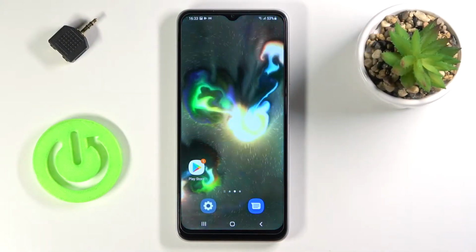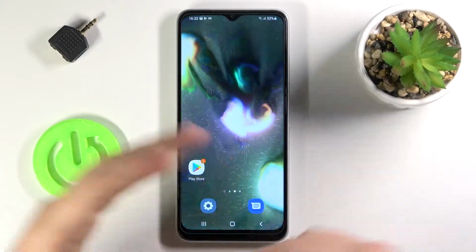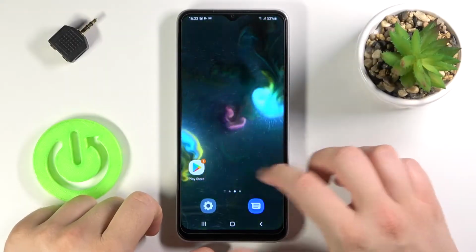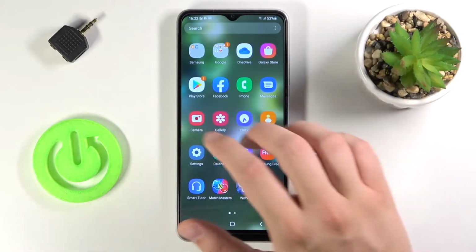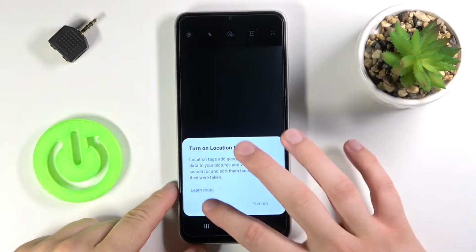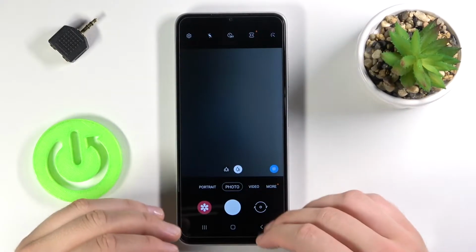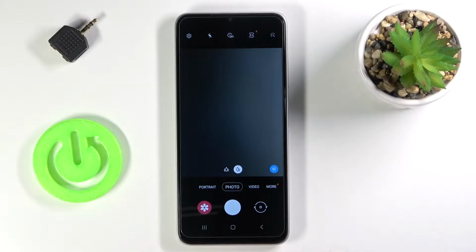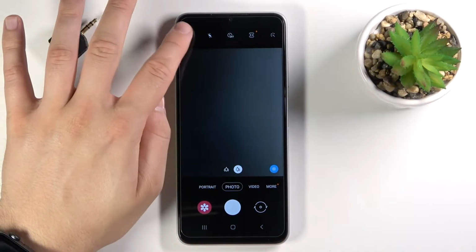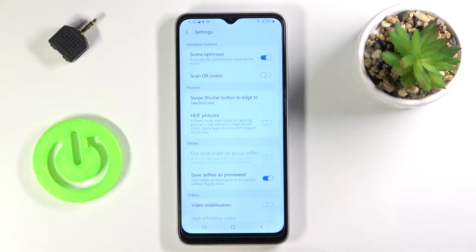Welcome, in front of me I have Samsung Galaxy F22 and today I will show you a couple camera tricks. At the first we are going to open the camera and I will talk about the features that you can find in the settings, and after that I will show you all modes and a few things that we can also use when we got maybe photo or video mode or any other that you can find in this phone. So let's start and tap on the cog in the left upper corner to enter the settings,